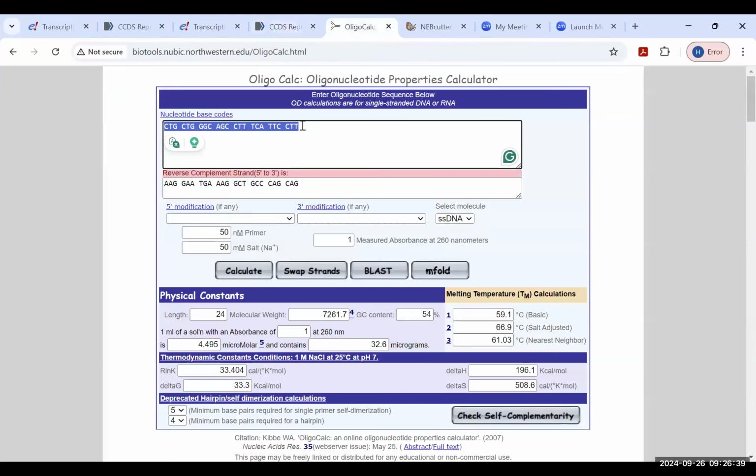So this works. Now, one thing that when you check the self-complementarity, like here, it's amazing. There is still no self-complementarity between the primers. I want to try again to find one that gives you self-complementarity. So if I go back, apply, calculate, self-complementarity. Yes. So now it can tell you that there is a potential hairpin formation, meaning within the